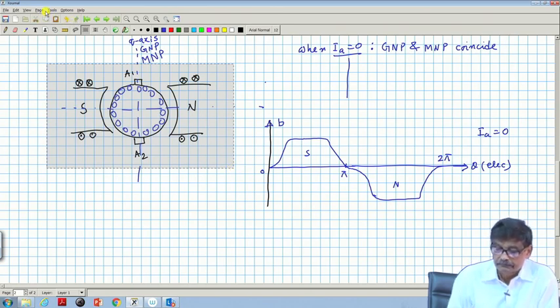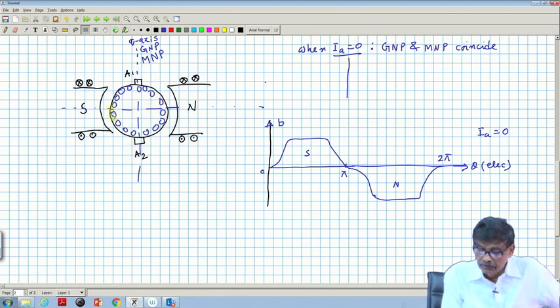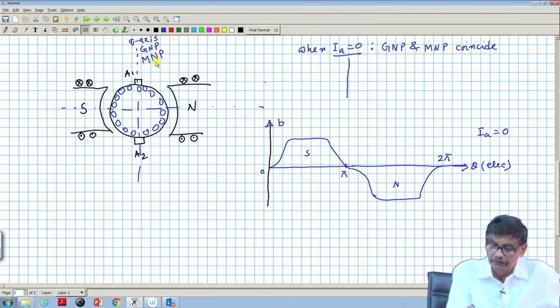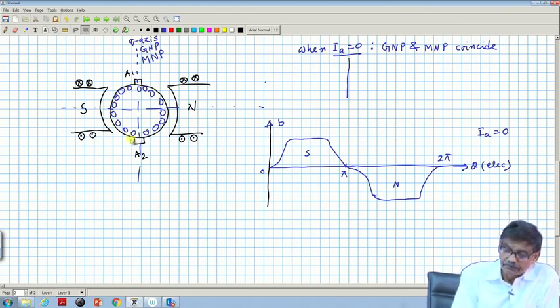Now, GNP and MNP coincide when IA is equal to 0. But the point is, the moment the armature carries current such that these are dots and this side are crosses,